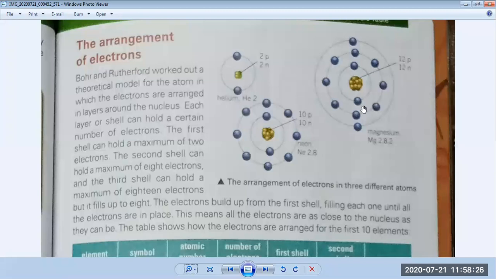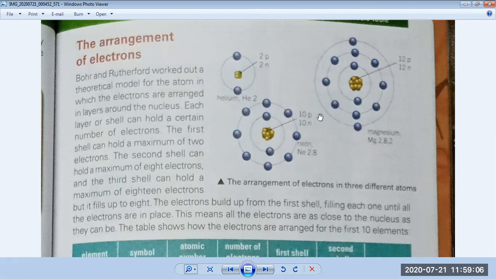Then we will come to the third shell because 2 electrons are still left. This third shell can accommodate 18 electrons, but according to our given electronic structure, we have only 2 electrons left. So the electrons which are left, we will put into the third circular path. In the first shell there should be 2 electrons. In the second shell we put 8 electrons. So 8 plus 2 is 10, and 2 are left and we put them into the third circular path.